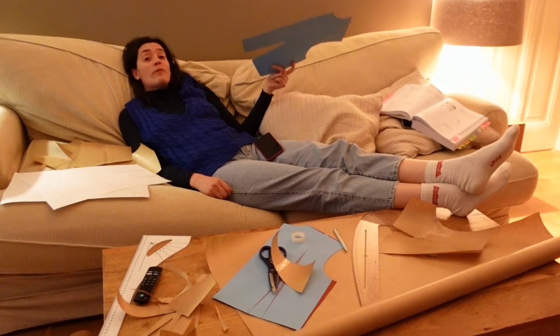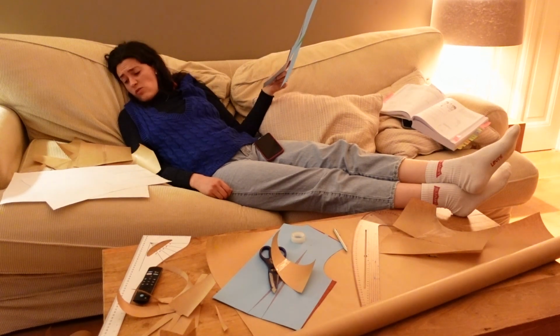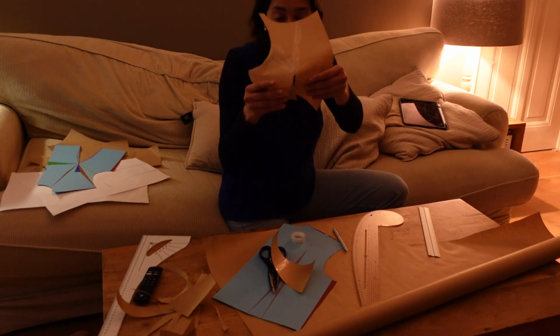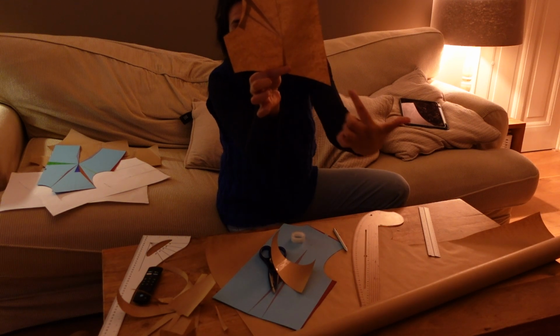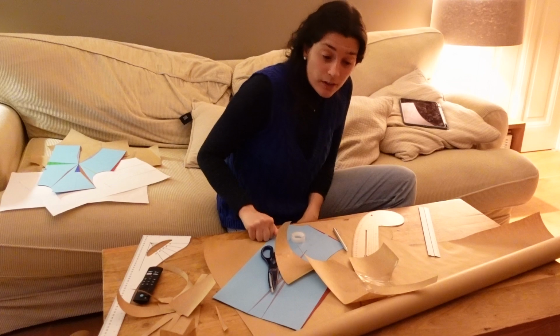All I wanted to do today is the prototype, and now it's 8 p.m. and I haven't done anything. I've been doing so many things today except for the dress. I've changed the design twice, and now I don't even like the second design. What is going on? I have the front bowed neckline. The thing though is that when I put that like this, it does a weird shape. Do you see it? Instead of going smoothly down, it just goes ping ping. I don't know if I want to change it. I'll have to leave it for today because my brain is not working. And tomorrow, early in the morning,